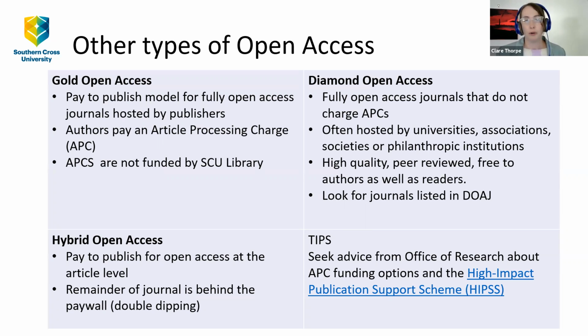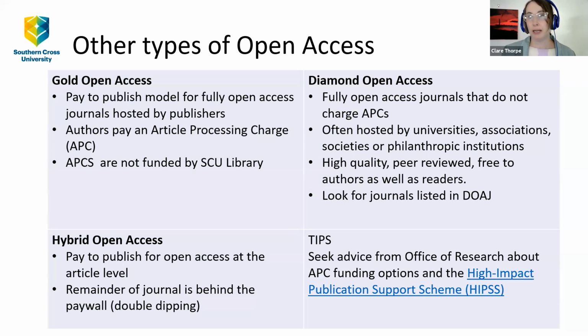In the bottom left-hand corner, you'll see reference to the hybrid open access model. Now, this is a pay-to-publish model at the article level. So if you publish in a journal, you might be invited to pay an article processing charge for your article. However, the rest of the journal remains behind a paywall, which means I have to purchase a subscription to that journal, and the university essentially gets charged twice. So it's a bit of a double dipping model from the publishers. And this is something I'll talk about in a minute, about how we're working with the publishers to try and move beyond the hybrid open access article level model.